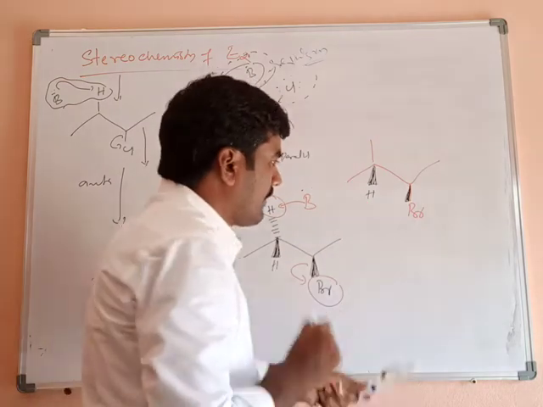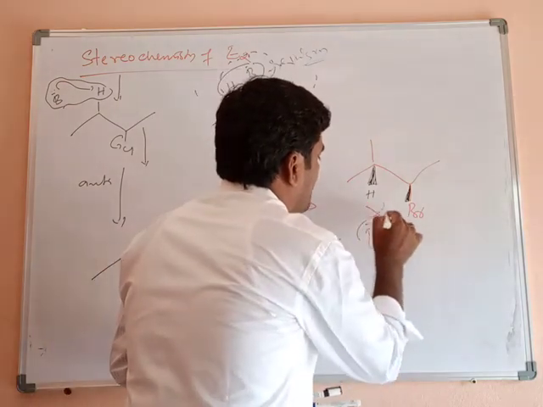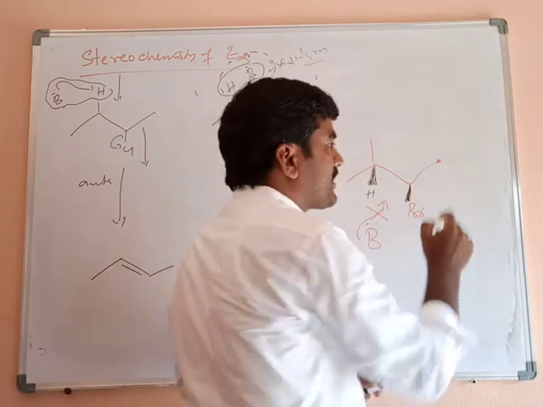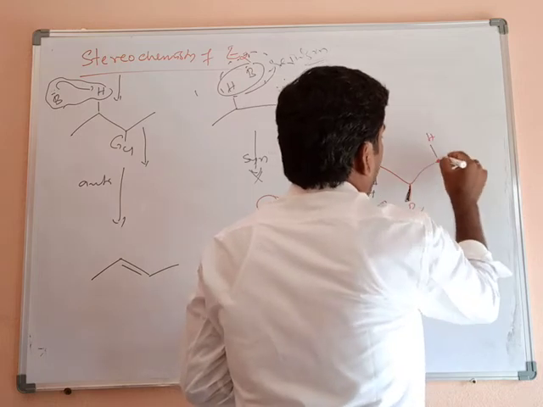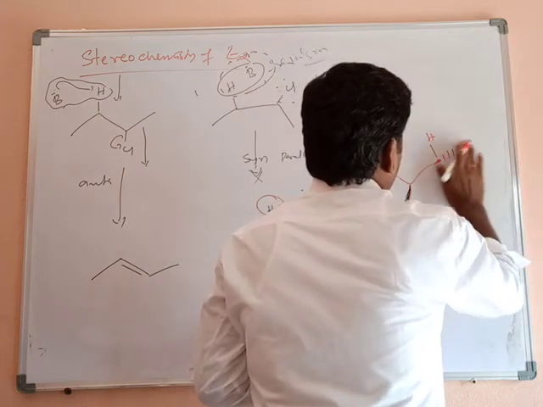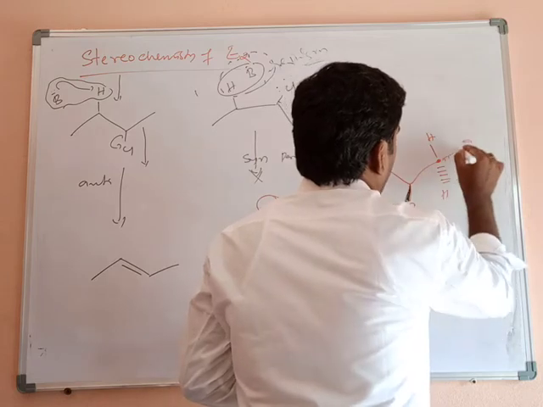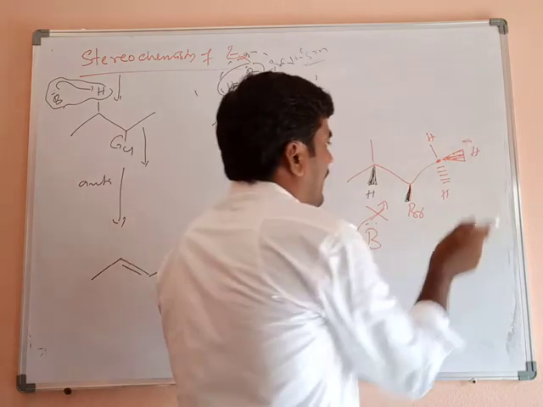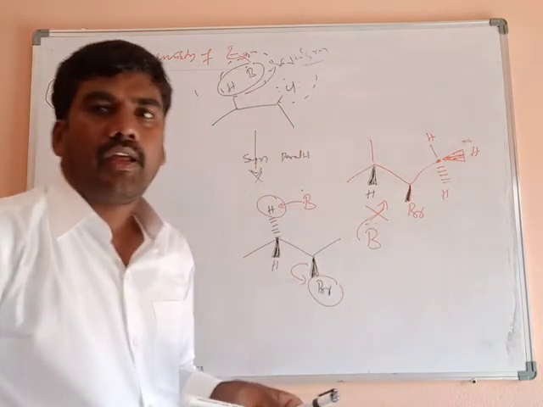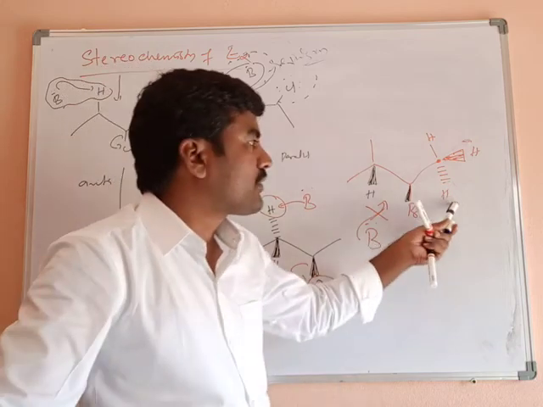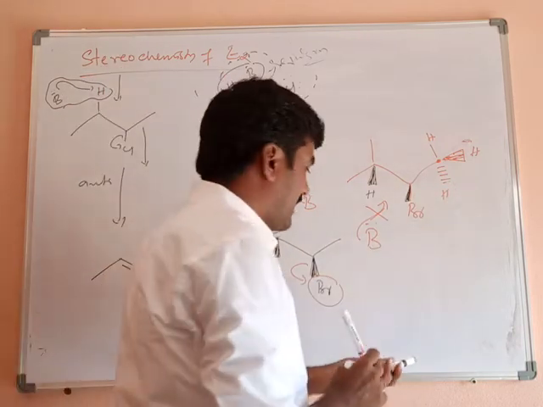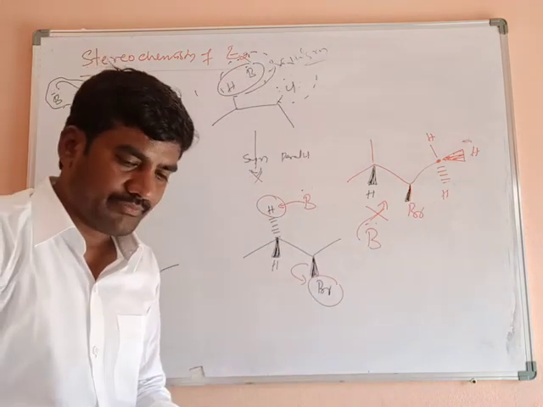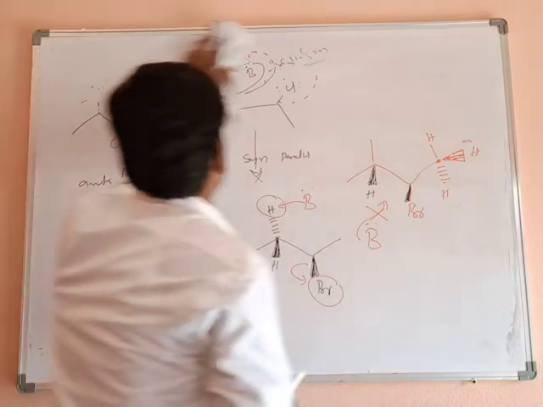The base cannot approach in this direction. So what happened? Now the adjacent carbon, this is also a beta position. Now the beta position has 1, 2 and 3 hydrogen atoms. Among these 3 hydrogen atoms, this hydrogen is favorable for attack by the base. Now the base attacks this hydrogen atom, captures this proton, and forms a double bond between these two carbon atoms. Okay. Let's discuss some examples, then you can understand clearly.